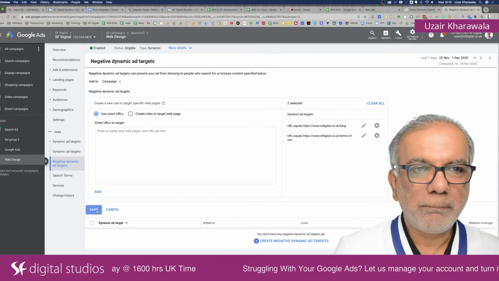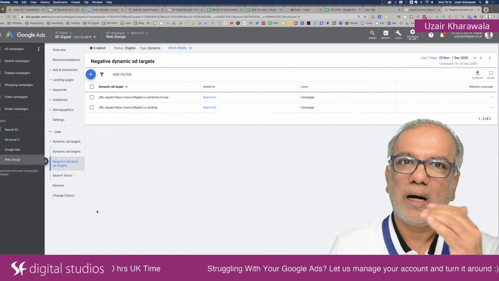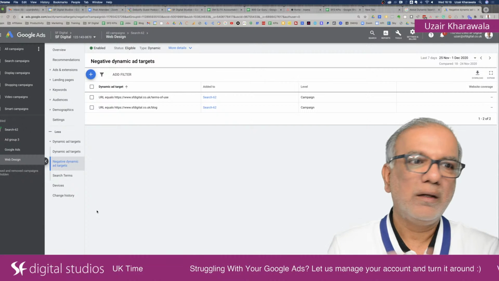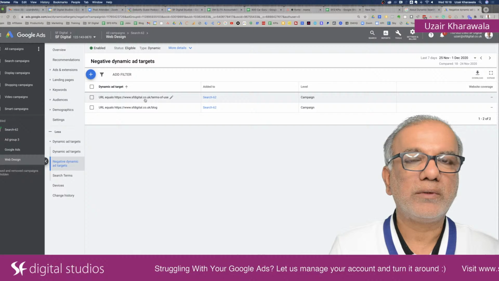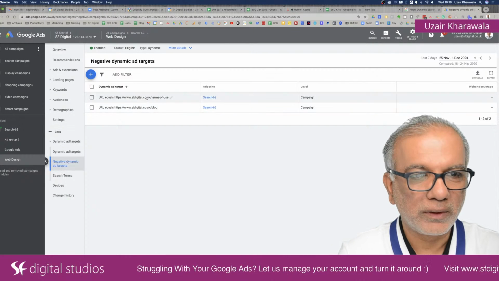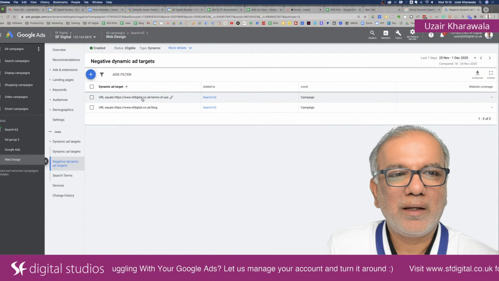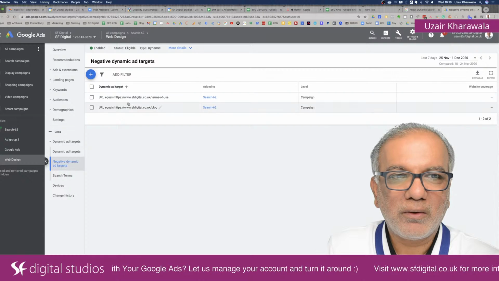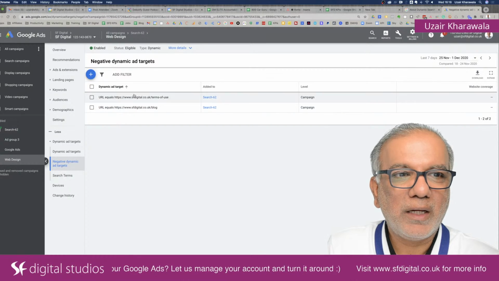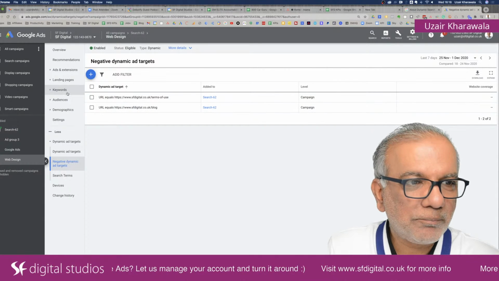And now at campaign level, I have excluded them. So none of the ad groups, no matter how many ad groups you keep on adding, Google will not run ads to these pages. So they are excluded. So that is a top tip, or a ninja tip, I should say, you got today by being here, because I never see anyone excluding all these negative targets.